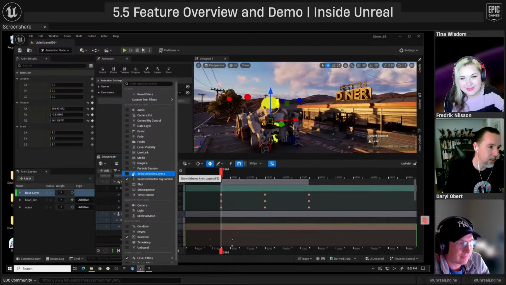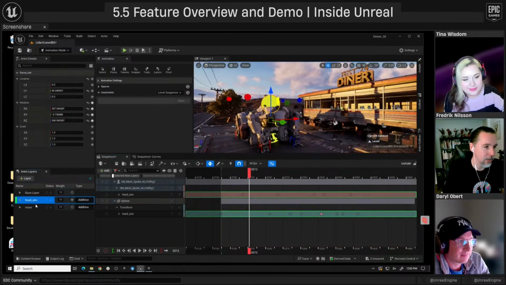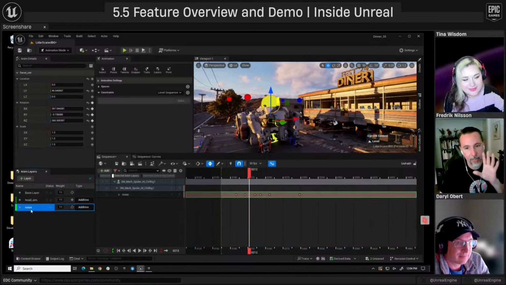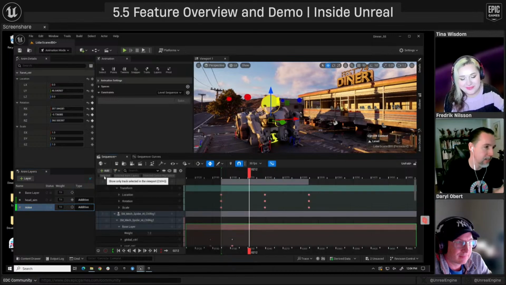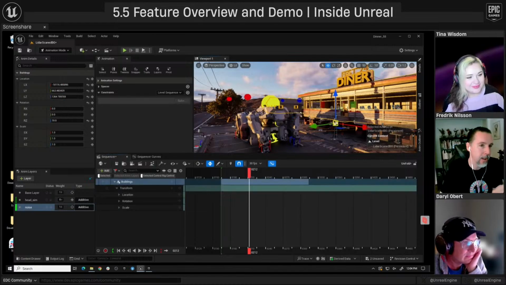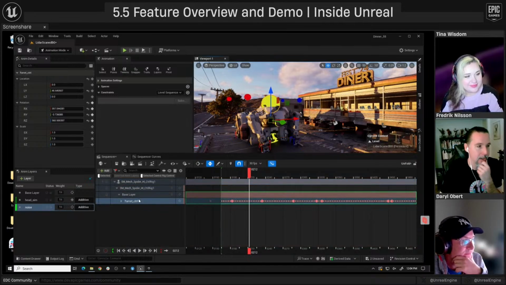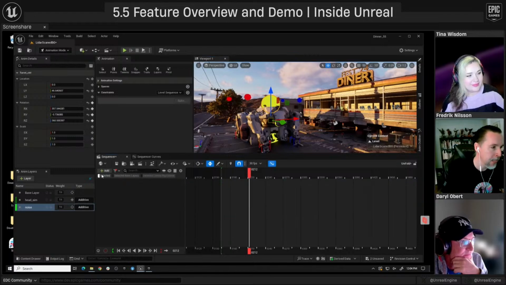We also have one which is cool, which is selected anim layer. What this does is it only shows you the layers that you're working on. So it hides the rest of the clutter. Now it's reduced down. These are probably my three most used ones. You can actually use those together. If I click the character, it'll be the whole character. If I use a control, it'll be just the control of that character. So it just cleans up your setup.